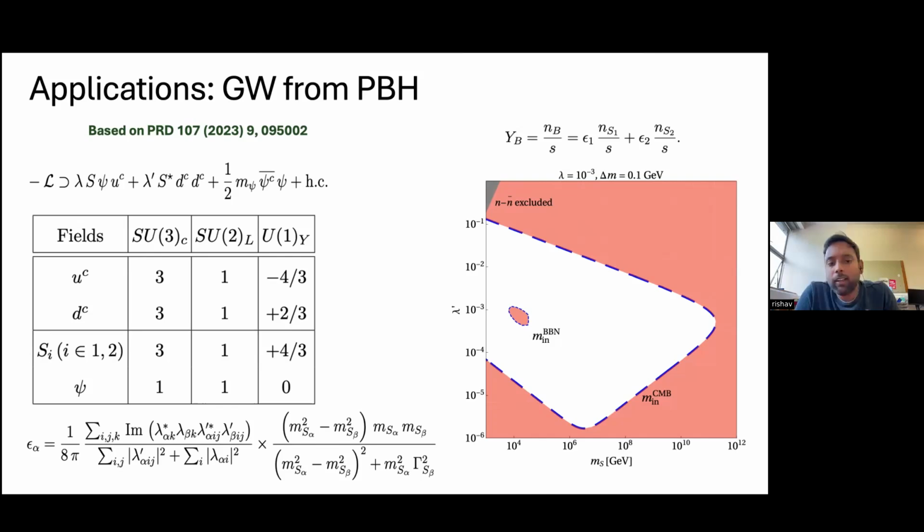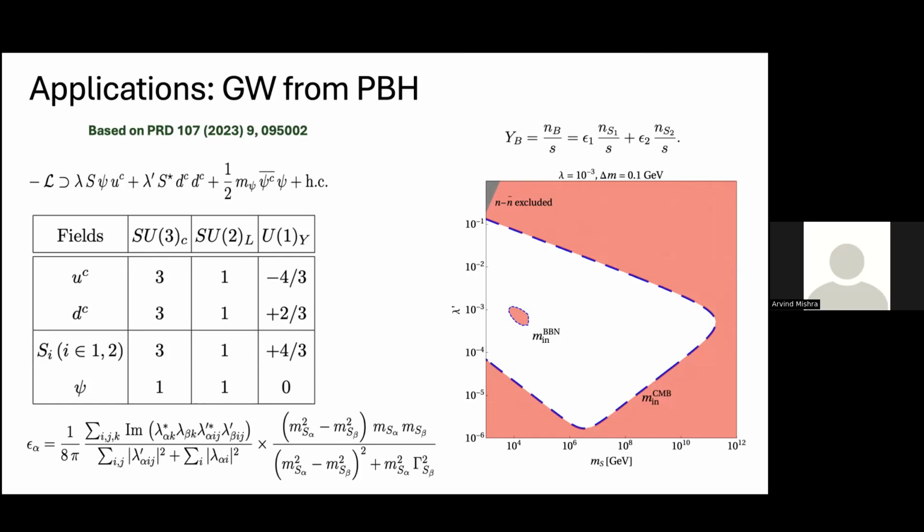I mean, it can be produced, let's say, but you are saying that even the PBH evaporation is sufficient. If S was not present in the early universe for some reason, PBH can produce this S, which can then decay, and this decay will be fast, because if the temperature of the universe is smaller than the mass of this scalar field, this S will decay very fast and it can generate asymmetry. Yeah, this was basically the whole idea.